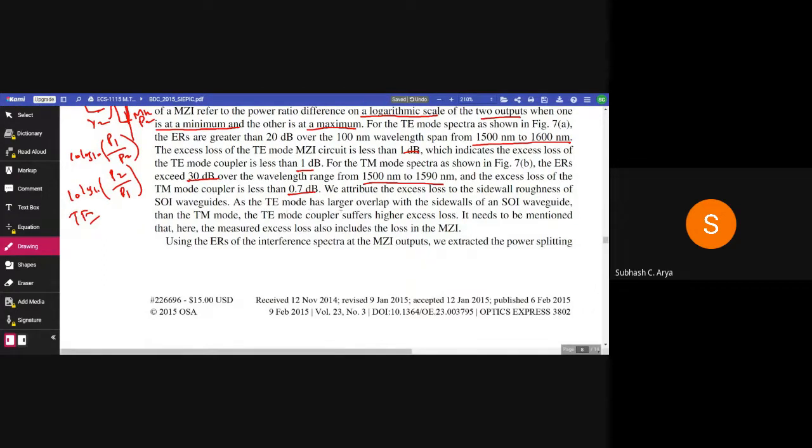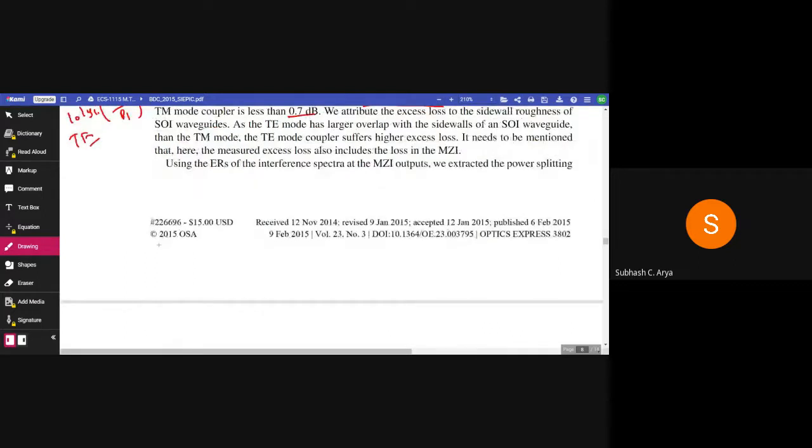As the TM mode has larger overlap with the side wall of an SOI waveguide than the TE mode, the TM mode coupler suffers higher excess loss. It needs to be mentioned that the measured excess loss here also includes the loss in the MZI. Using the ER of the interference spectrum and the MZI output, we extracted the power splitting ratio of our coupler,